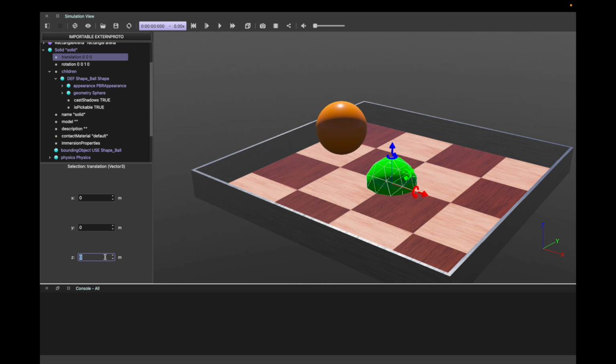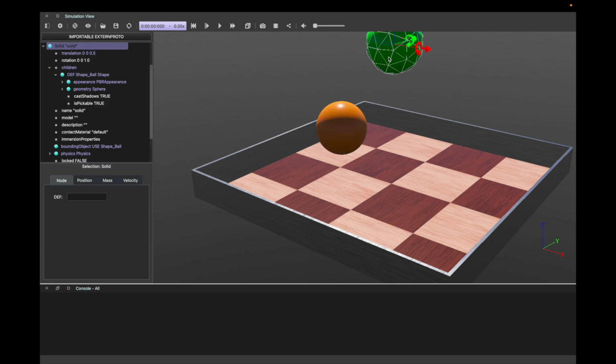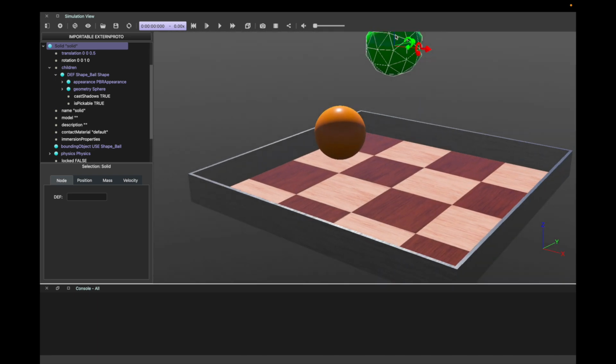So let's make this 0.5 meter for now. If you would have noticed, previously I had selected my object and moved the axis directly. That same option still exists. You can select the object and